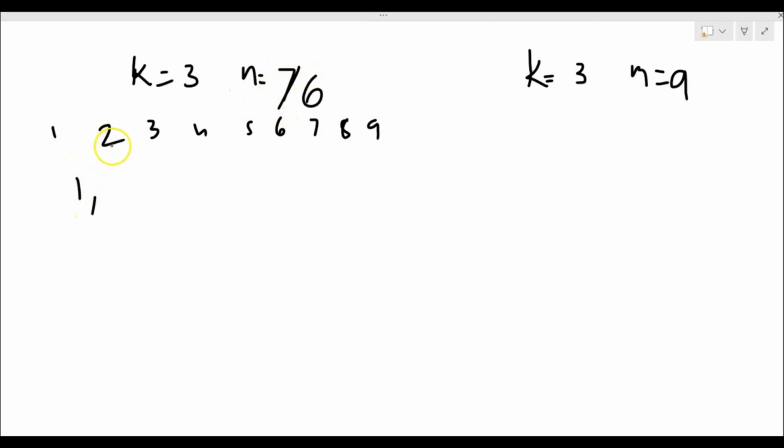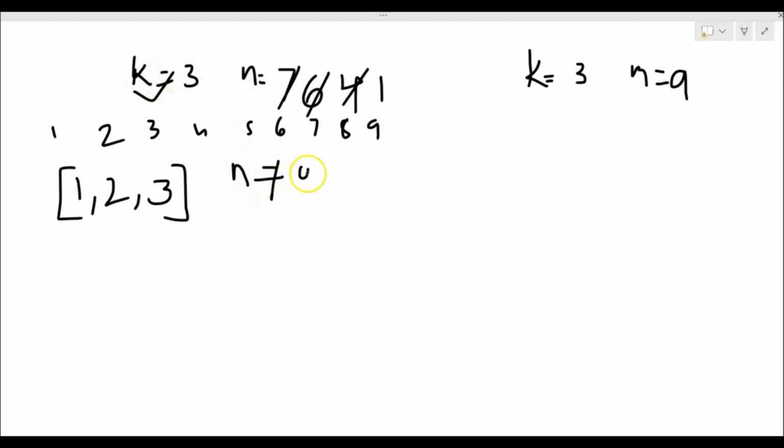We'll move on to the next call, and we'll add the next number to our subset, which is 2, and reduce it from our value n, which is 6 minus 2, which becomes 4. And we'll move on to the next call by adding the next value to our subset, which is 3, and we'll reduce this value from n, which is 4 minus 3, 1. Now we can see that we have reached the base case, where the current subset size becomes 3, but the n value is not equal to 0, which means this is not a valid combination.